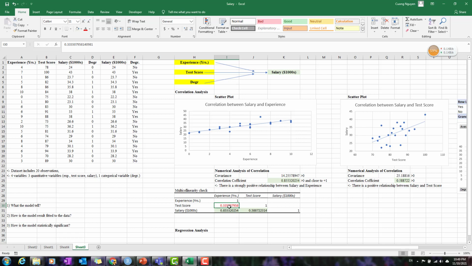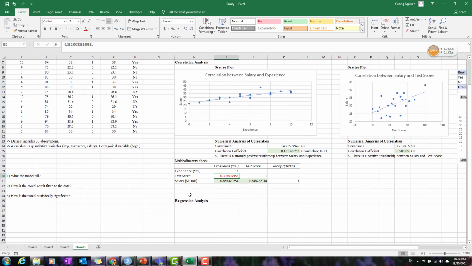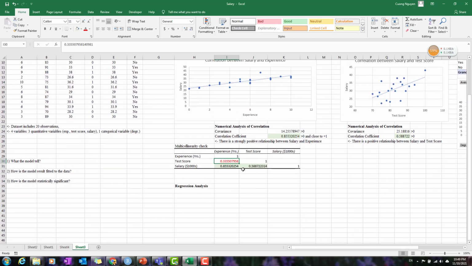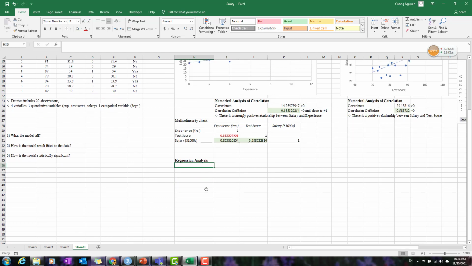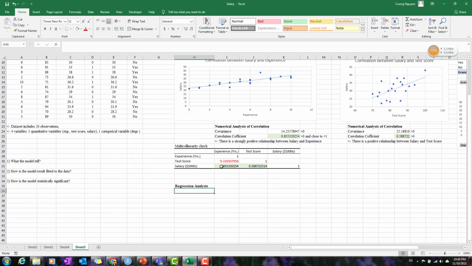However, the good thing would be that they are smaller than 0.7, so that means they have a positive relationship, but don't have the sign that they really have a strong correlation, and that's good. That means the model is good to use. Okay, and next time you can go and check it on SPSS or something like that, right? Okay, now the regression analysis, when we are already sure that we don't have the problem,